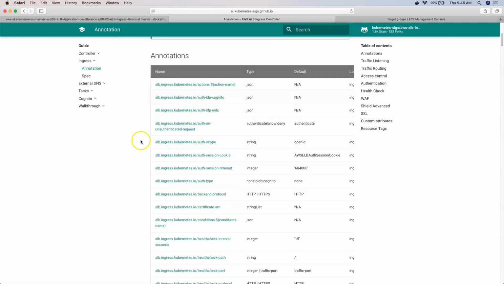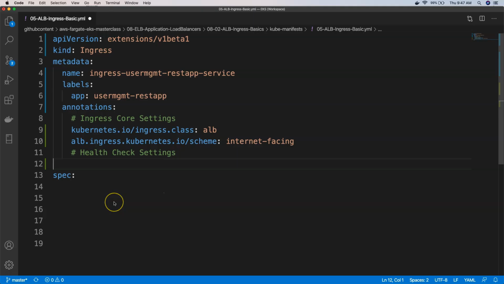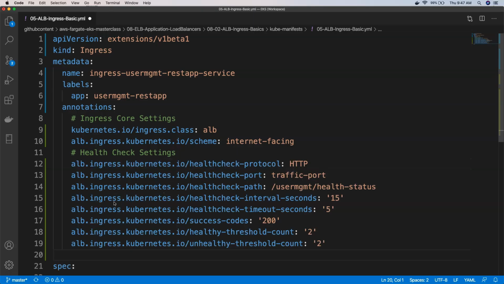So we'll get those things and then paste it here. We'll add all our health check settings here. Let me say health check protocol is HTTP. The traffic port, which is 8095, we are going to use, or whatever the traffic port might be based on the worker node, whatever it provides. So worker node port IP, and that's the reason we gave it as traffic port, as usual, standard setting.